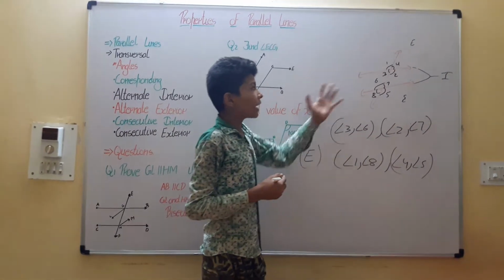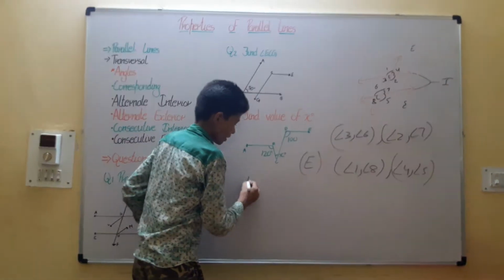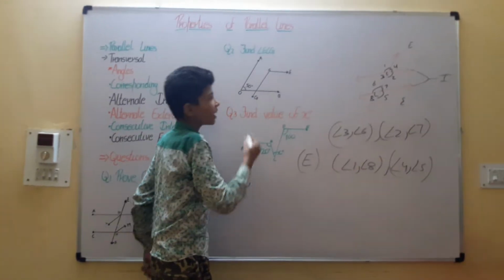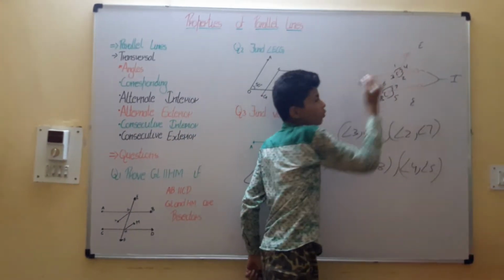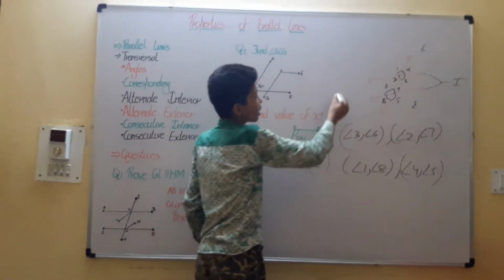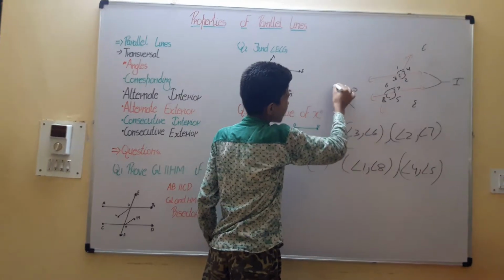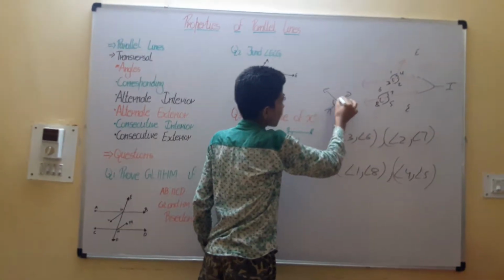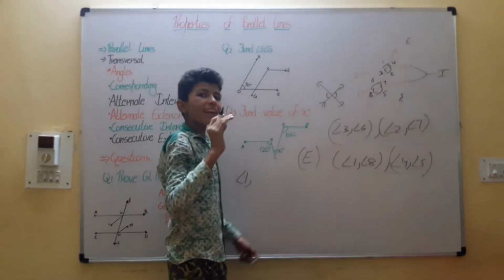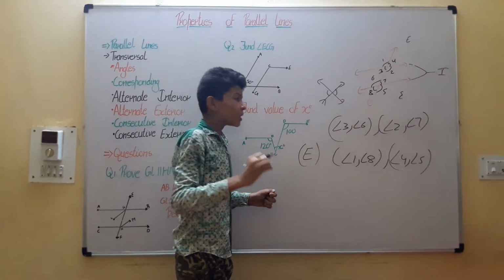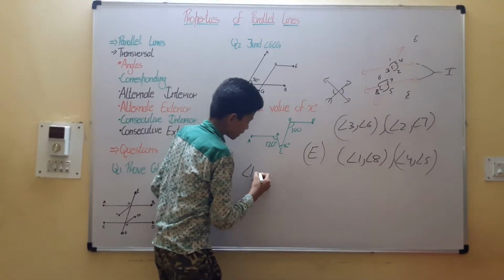So what is angle 1 equal to? Angle 1 would be equal to angle 2, because when a cross formation or the X formation is made, the opposite angles are always equal. So angle 2 would be equal to